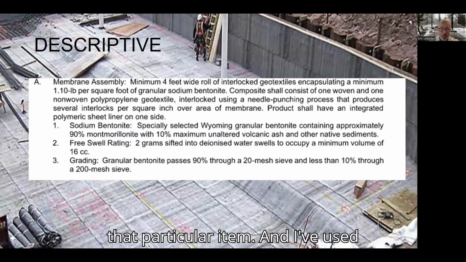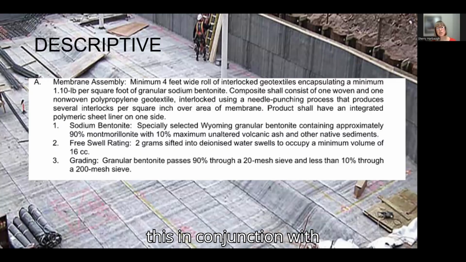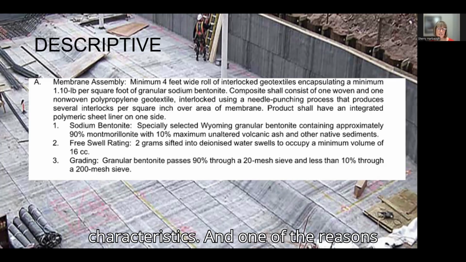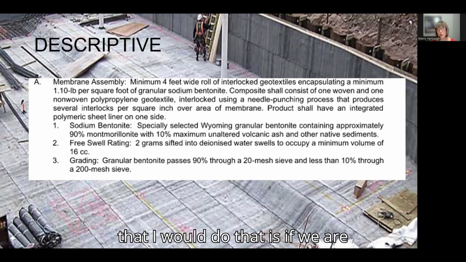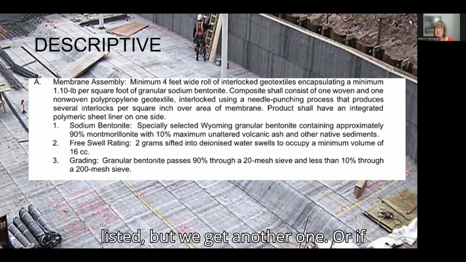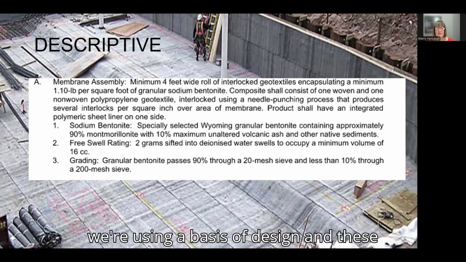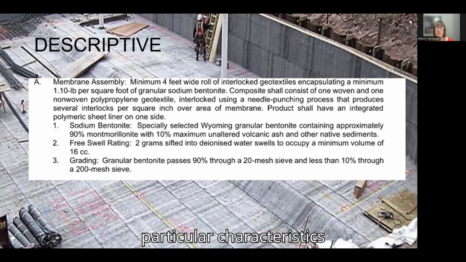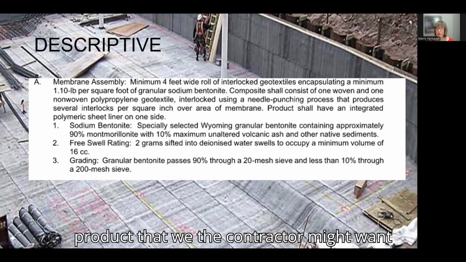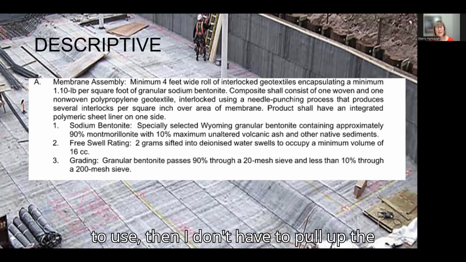of that particular item. And I've used this in conjunction with proprietary. So I might say basis of design and then list these characteristics. And one of the reasons that I would do that is if we are allowing other products. So we have two or three manufacturers listed, but we get another one, or if we're using a basis of design and these particular characteristics describe that basis of design, when I look at the comparison on the product data